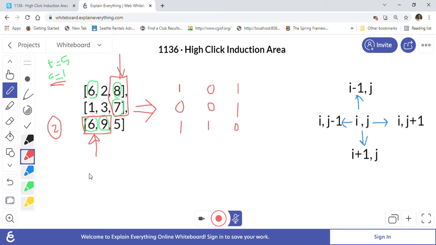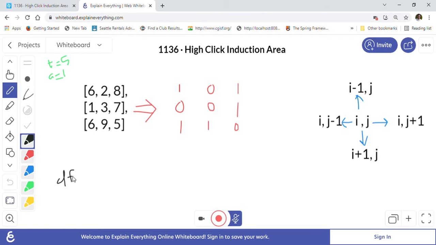Let me revert this highlighting so I can reuse this matrix again. Now we are going to solve this problem using DFS, depth first search or depth first traversal.